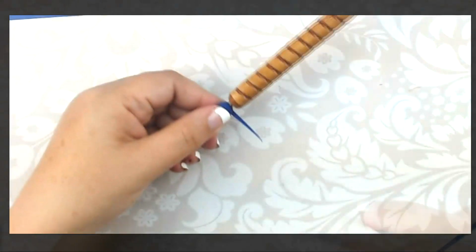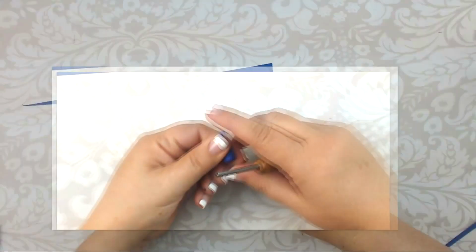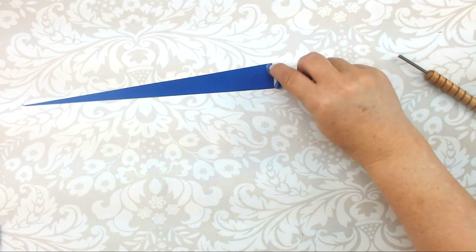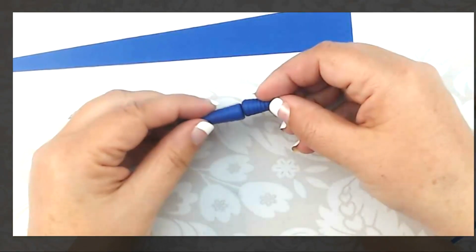I promise I am not this fast at rolling beads, trust me. And again, the bead is as tall as the width of the strip, and the circumference matches the other cones that were made with these 11-inch strips. When you look at these finished beads, you would never think that they were the same circumference at